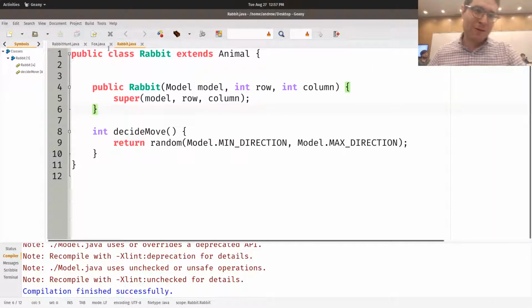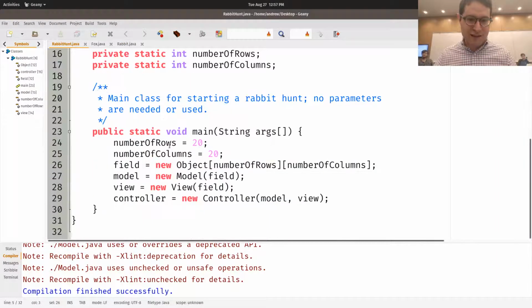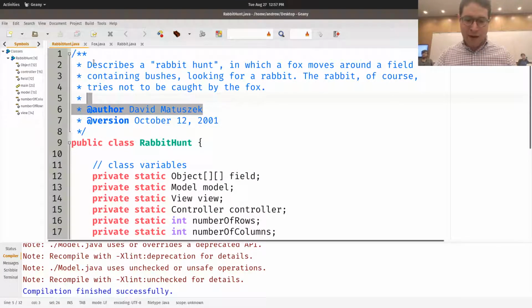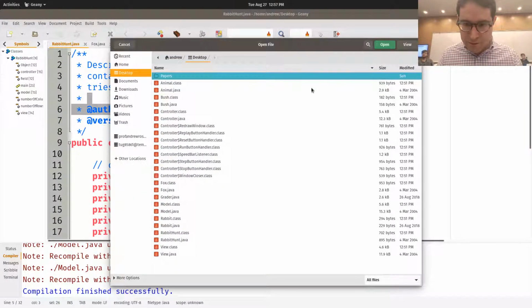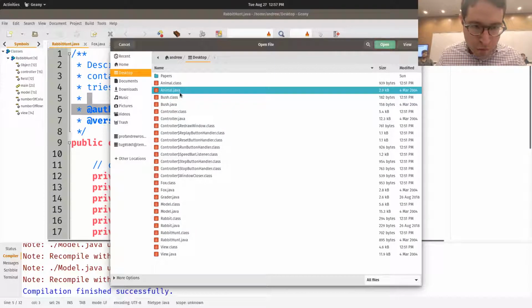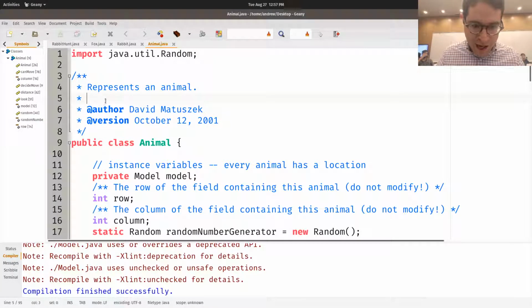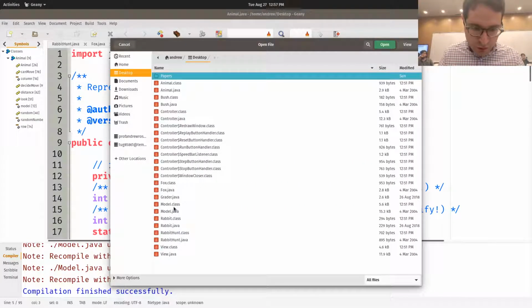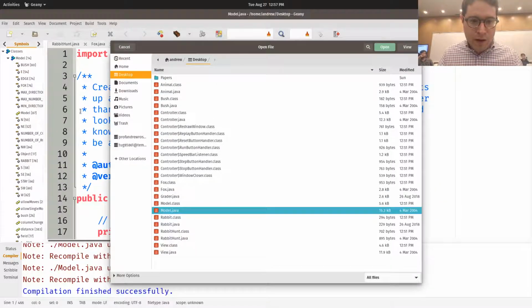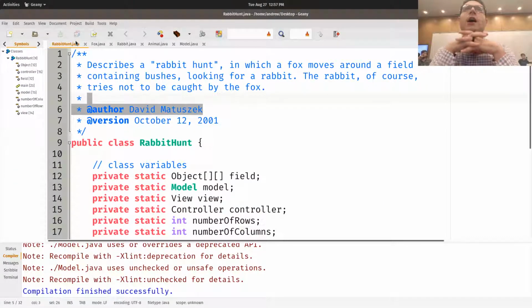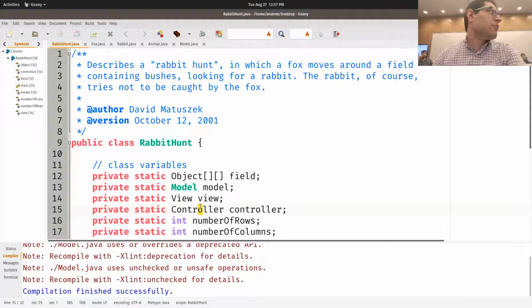All right, so going back to this, let's take a look at this whole thing. Let me open up the animal class and the model class, which are the important ones. This uses a common graphical user interface paradigm called the model view controller paradigm, where there are 3 elements to the GUI.